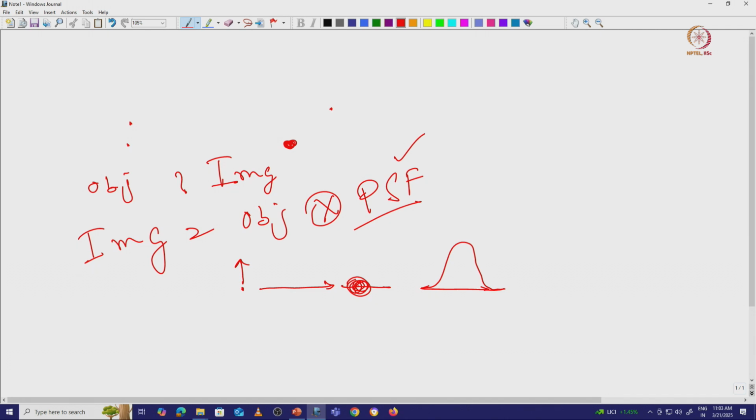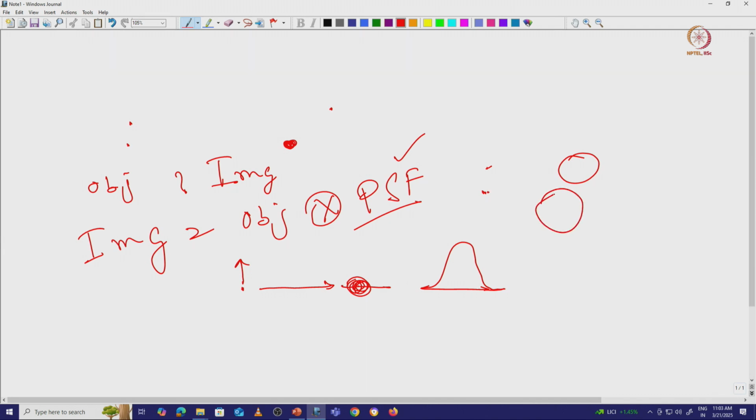But here what we can see is that if we want to image a dot, we will always get a disk kind of thing, that is called the Airy disk. If there are two dots closely packed, very close to each other, in both cases it forms this circular disk or Airy disk.